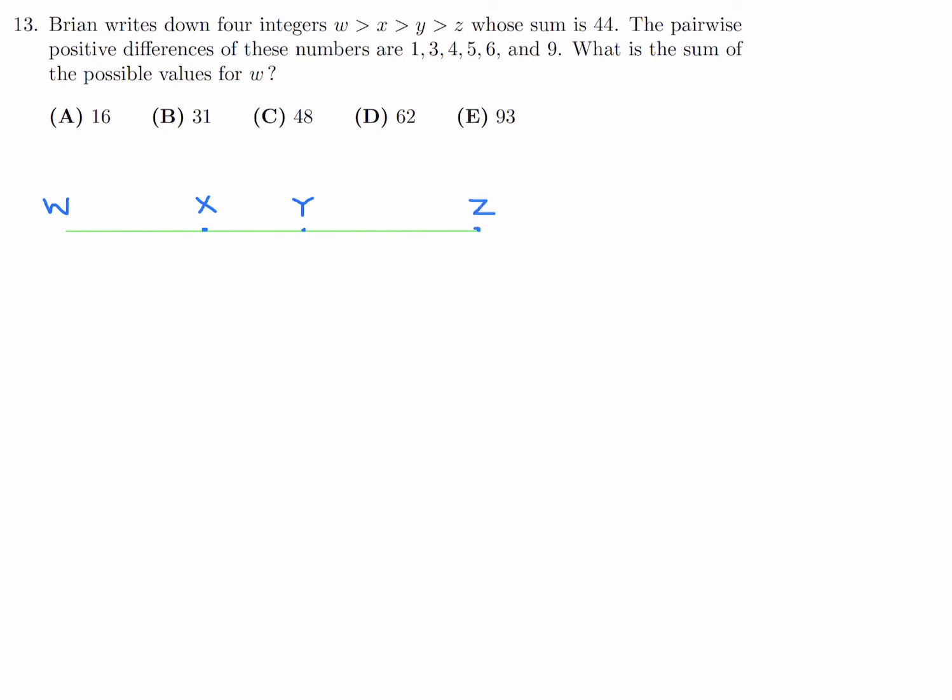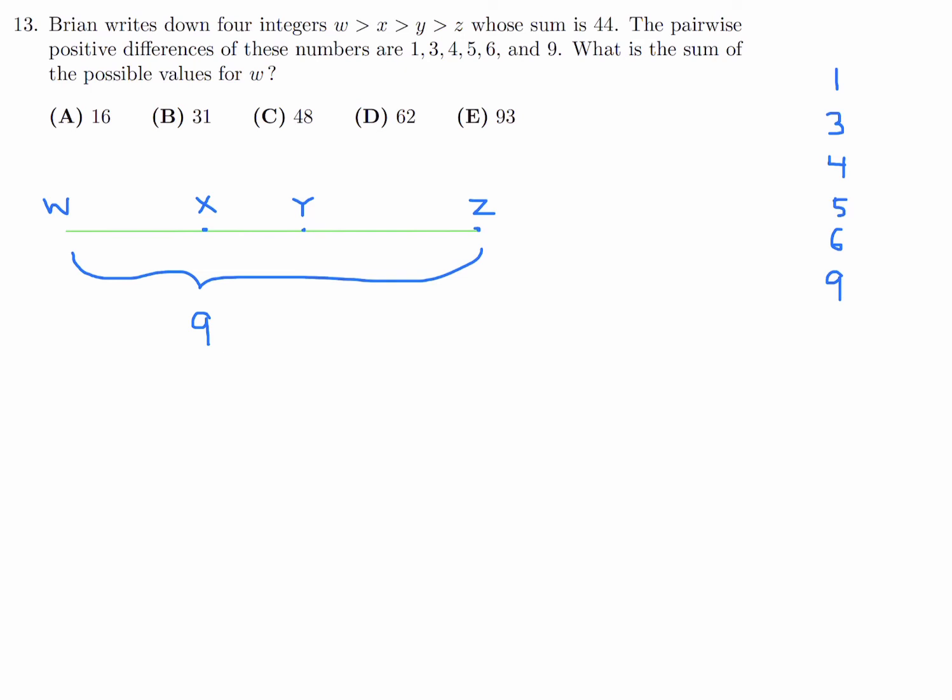And they told us that the positive differences are like this. So 1, 3, 4, 5, 6, and 9. Now we don't know which is which. The only one that we can be sure of is the biggest and the smallest. That's going to have the maximum difference. And the maximum difference is 9. So from here to here is 9. That's the only one we're certain of. Now the other ones we have to sort of play around and make